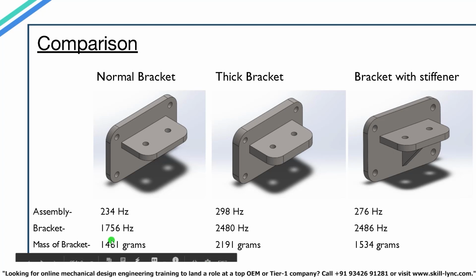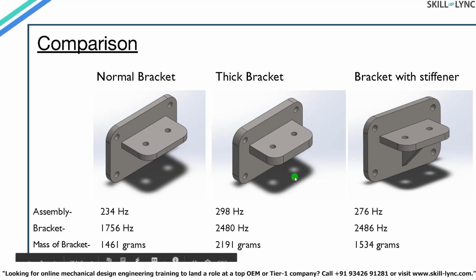So here you can notice that the increment is much higher, and here it is very less. So with a much higher increment in mass, we have a reasonable increment in the resonance frequency values. Here, with very little increment in mass, we have a much more appreciable increment in the resonance frequency. So this is the major application of frequency analysis. This is actually used to compare different resonance frequencies of different structures to determine whether they are safe or whether they are not safe. So I'll just go to the SolidWorks window and show you how to calculate the mass